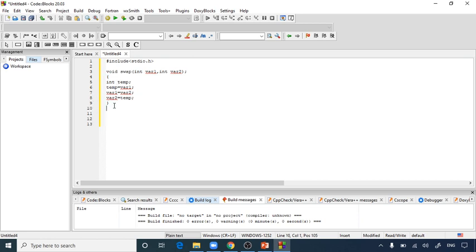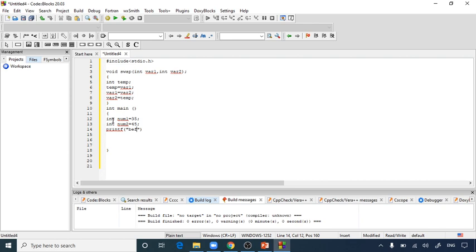Now I am going to write down my integer main. So I am going to write down integer main, my main function, inside where I am going to call this function by call by value method. So first of all I am going to declare integer number 1, my first number as 35, and my second number as 34, or let's take 45. So I'm going to take 45. So I have declared two variables and I have given them initial values as 35 and 45. Now I am going to print one line to tell them what is the value before swapping.